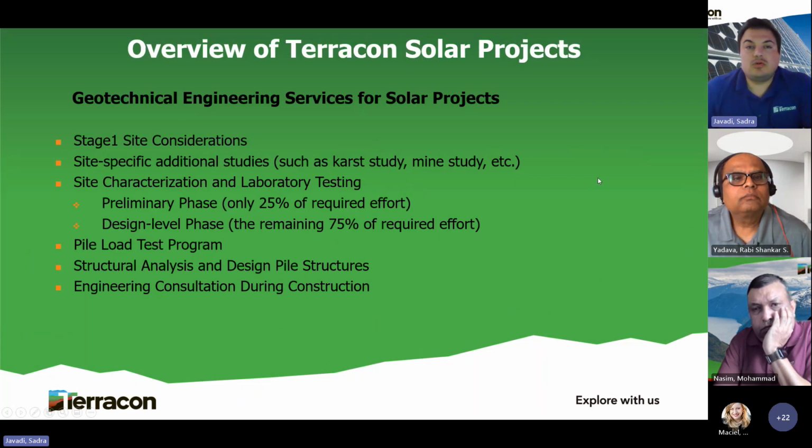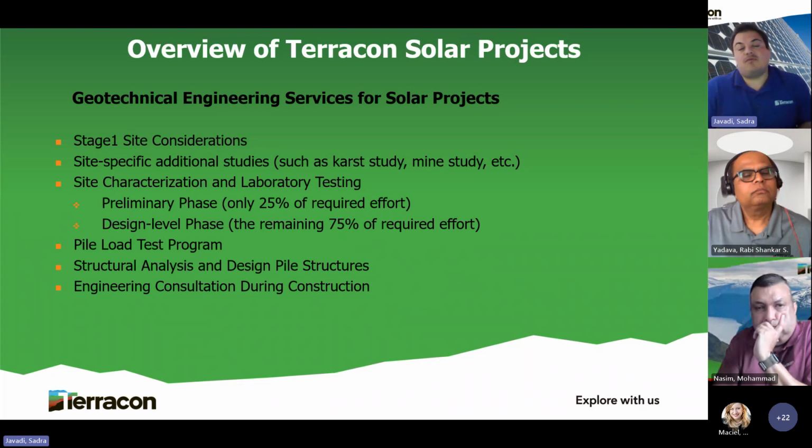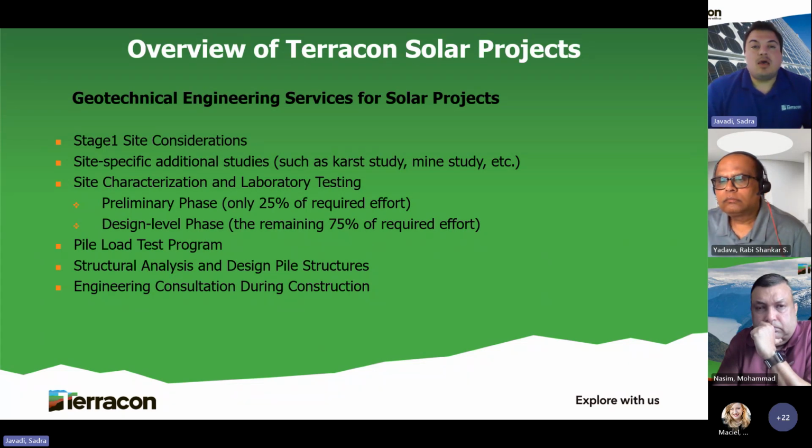So the geotechnical services that we typically provide to our solar clients come in different stages. The very basic stage is a stage one report, and this is the type of report that we are not only providing to our solar clients, but to any other clients that we have. What it does is that the basic information that we gather in this report is based on